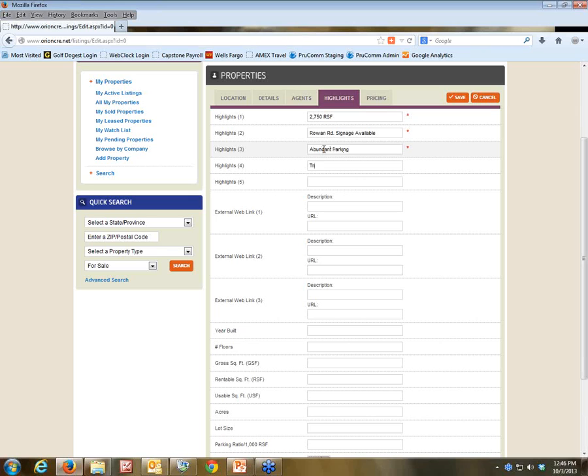What else can we say? Traffic. Lighted corner. Two street access. And last, we'll say it's on campus with a hospital. External web links. If I had anything,